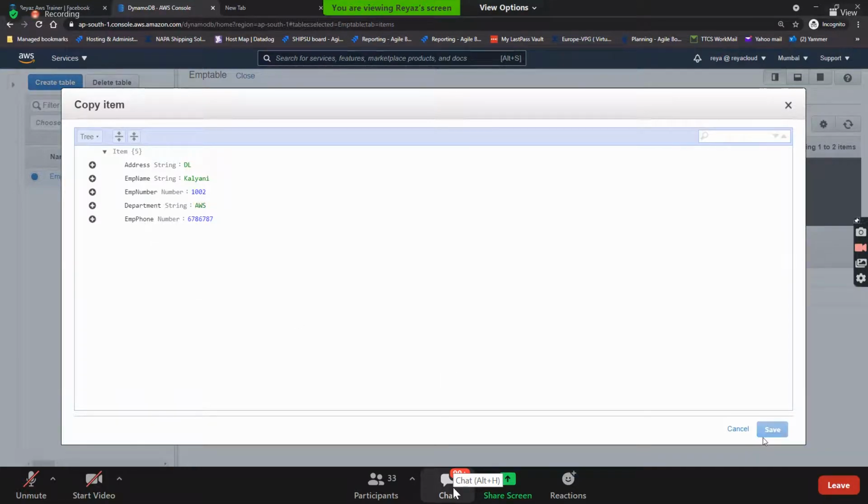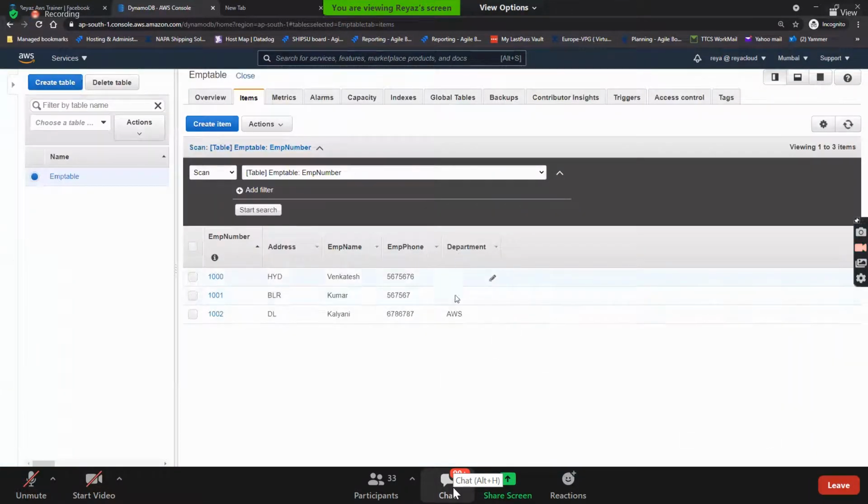And I click on save. Do you see that? I have null values for the rest of the people, but I have the data for this item. Is this possible in an RDBMS? No, this is only possible in NoSQL. It is flexible.